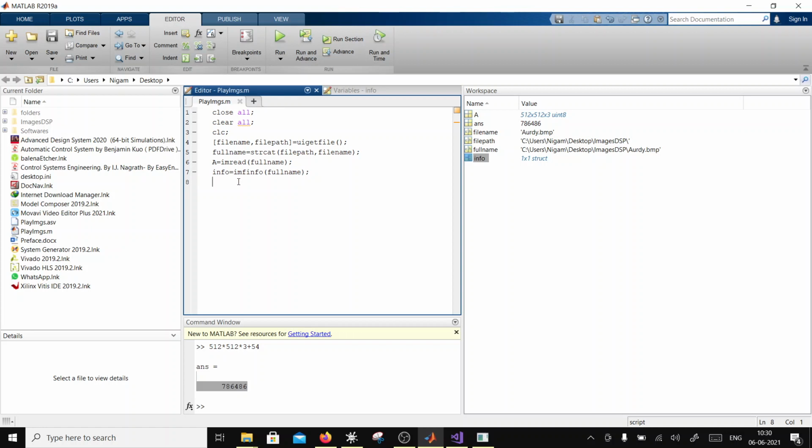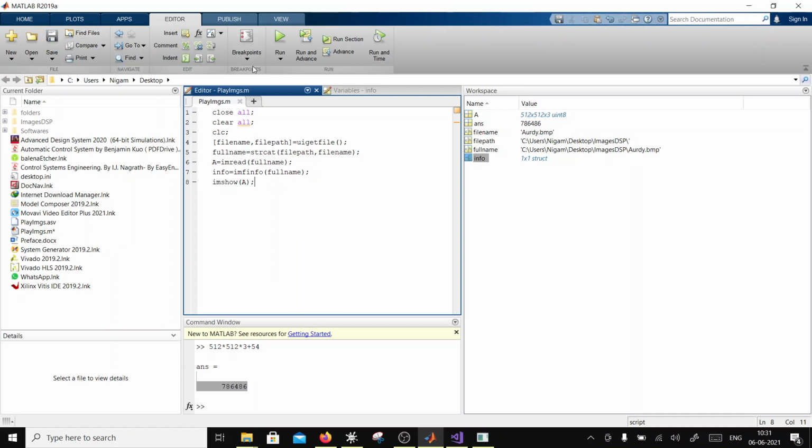Okay, so now what am I going to do? A has got this information. Now I am going to display the image. So I can say imshow. I hope this is correct, and I haven't done anything with the characters or unsigned character.